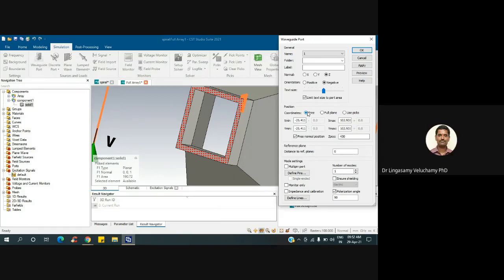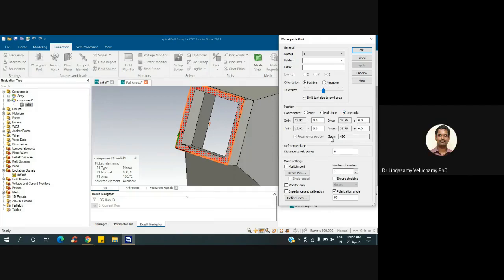For example, sometimes we want to tilt the port, so at that time we can use this. So full plane means it will completely cover the whole plane. That's why you have to use picks.